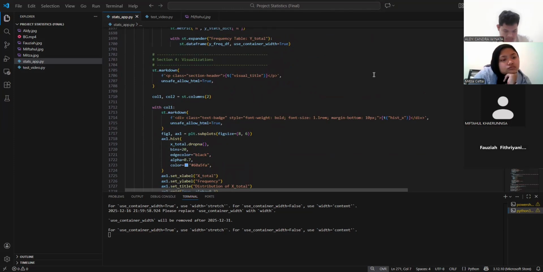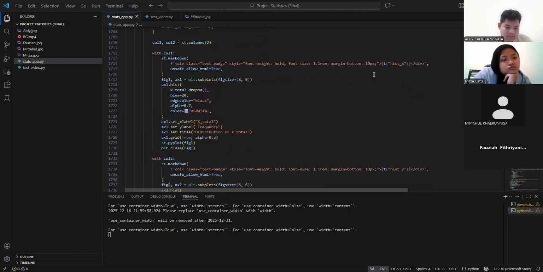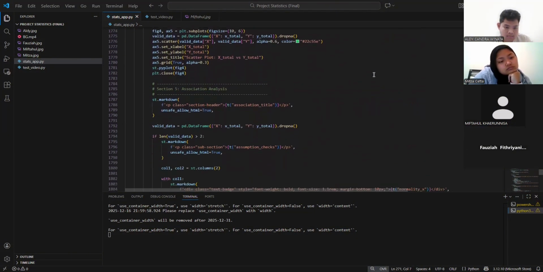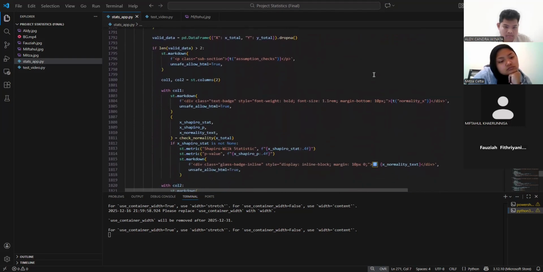Row 1750 to 1800 is the same descriptive statistical analysis. X total is in the left column and Y total in the right, and each composite score has 8 metrics, like mean, median, mode, min, max, standard deviation, variance, and frequency table.